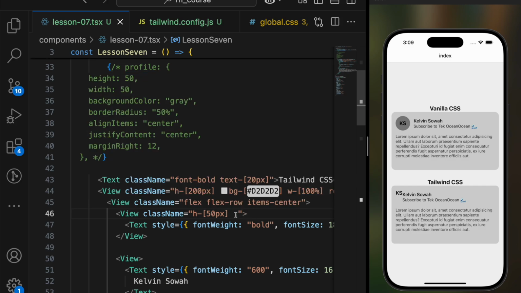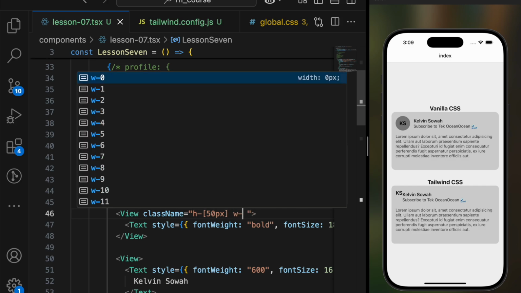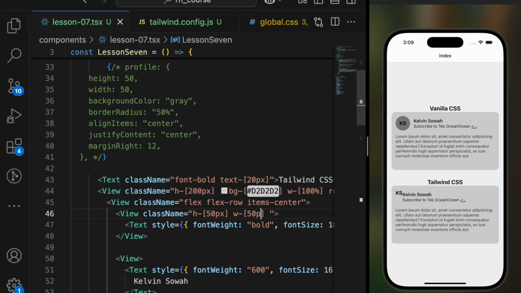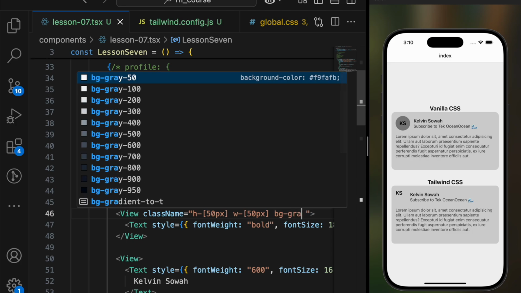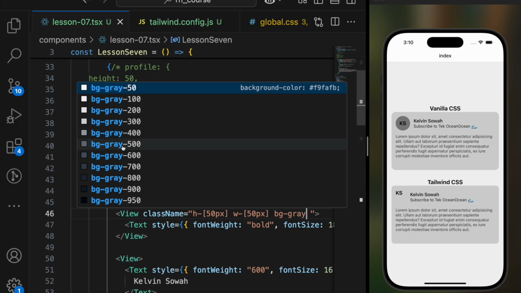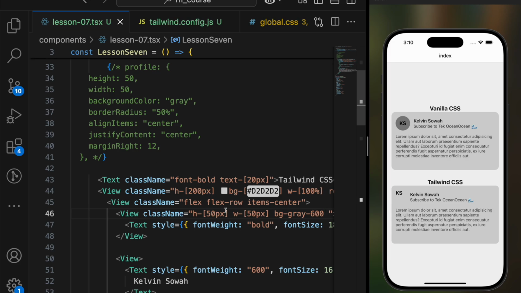And then the next thing is width, also 50 pixels. The background bg is what? It's gray. Okay, it's gray. In this case, we're going to use the 600 shade, bg-gray like this, or let's even use the 500 shade